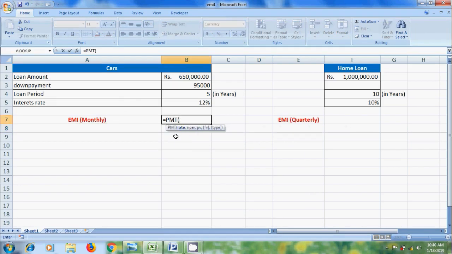It consists of 5 variables: rate, number of periods, present value, future value, and type. The rate to be used in this formula should be the monthly rate, but the rate showing here is per annum, so we need to divide the rate by 12 to get the monthly rate. Add comma. Number of periods represents the number of EMIs. Here we have 5 years, so multiply this by 12